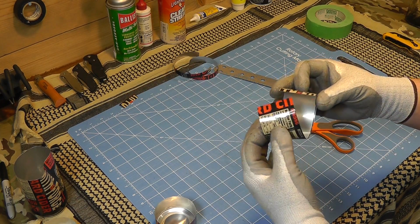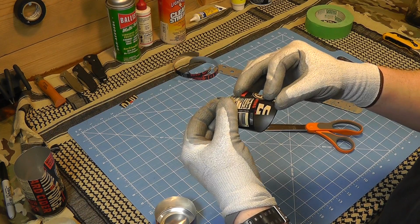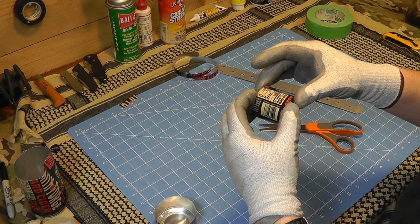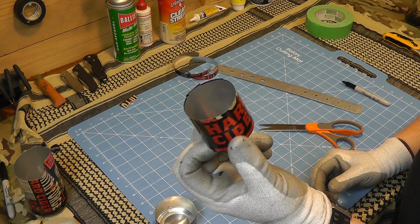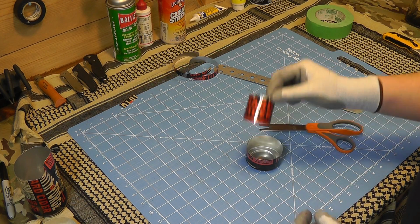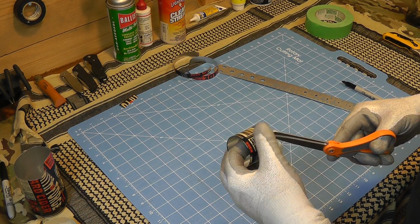And now I'm going to overlap these so the two tails go on the inside. Come on, there we go. And that creates our inner wall. Okay. So that drops on there just like that. But before we put this together, we have to trim a couple of little notches in the inside. I like to trim 3. Just little